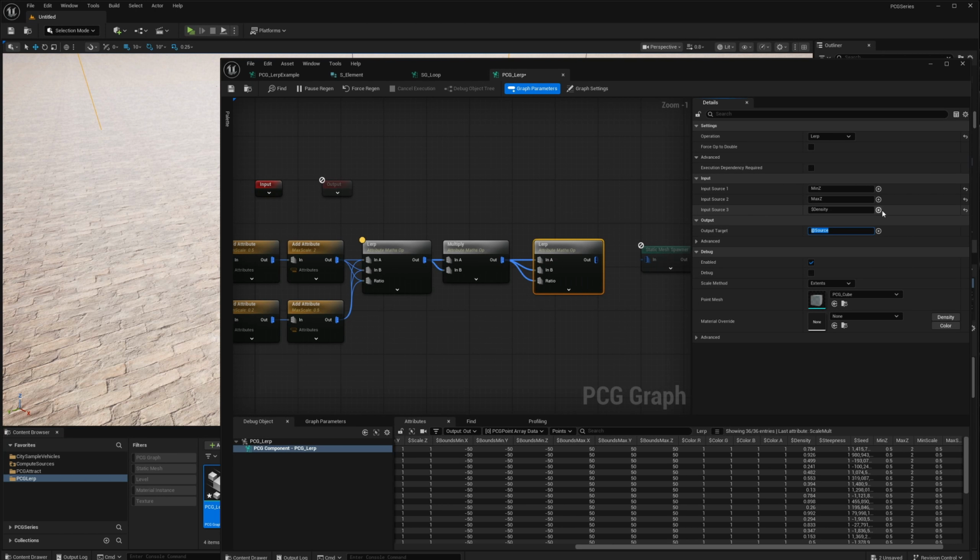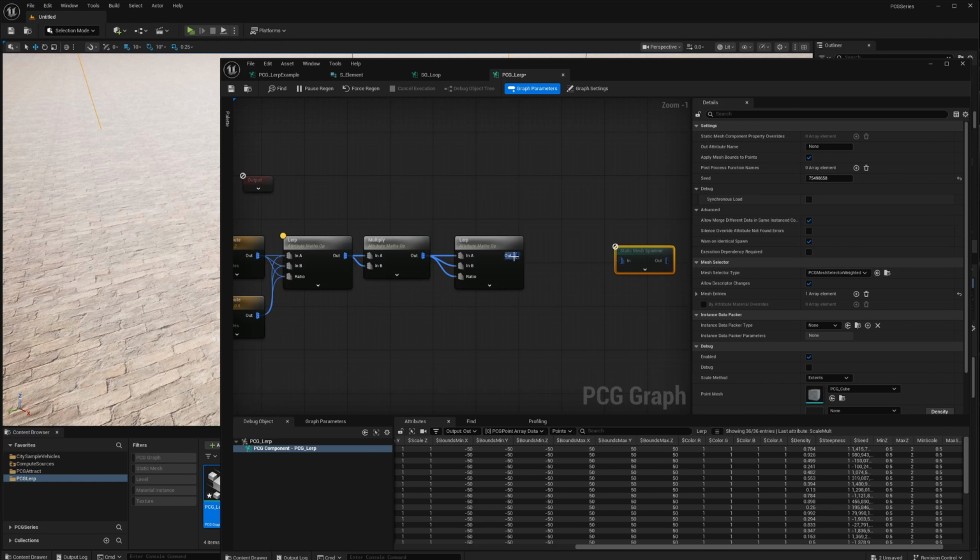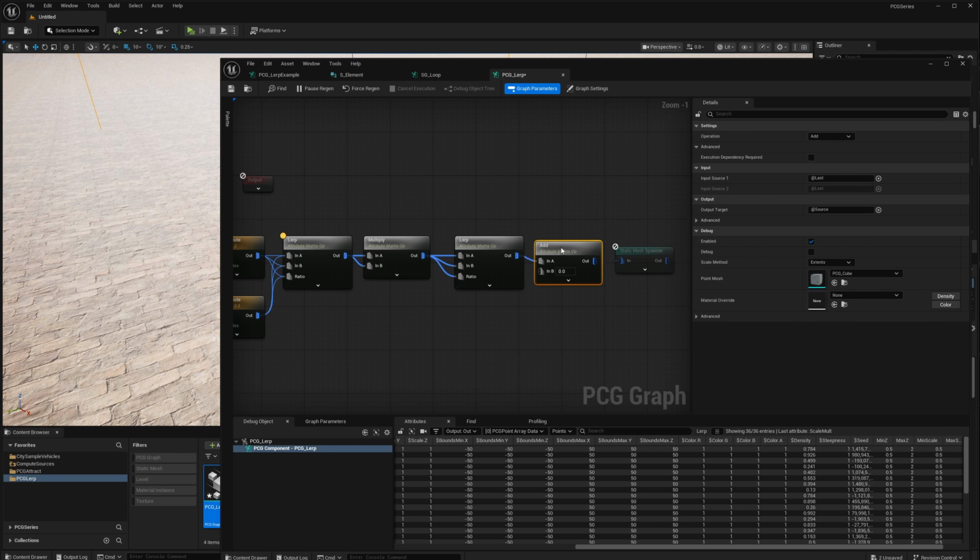I'll output the value to offset z, and then I'll add this offset z value to my $ position z,